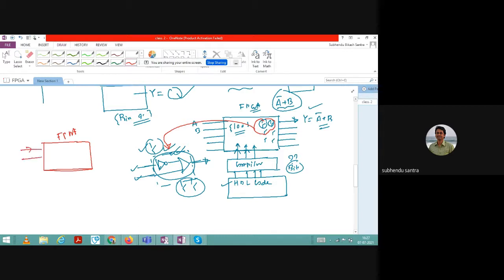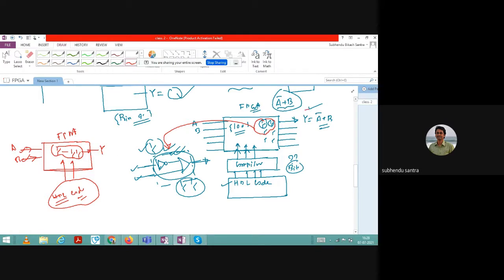Here you give inputs A and B, and these A and B are the inputs that you have to define here in the HDL code. So the HDL code that you are writing, you need to define it there. A and B are the inputs and Y is the output, and internally this circuit will be generated using these three transistors. Let us say one transistor for the NOT gate and the other two for this, and then after that there will be an output. So you do not have to think about this circuit. The compiler will automatically design it based on the coding structure you give to the compiler. Now think about the space requirement.